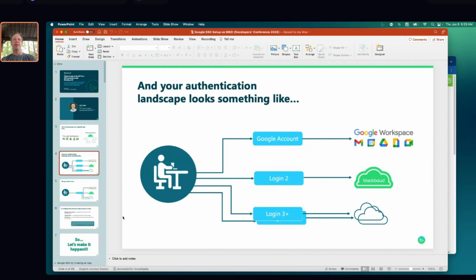Without having an SSO connection to us today, your authentication landscape looks something like this, where you're going through the Google account IDP for the Google Workspace, but then you're using potentially a second login for Blackbaud or your other applications. You might be using sign in with Google there, which is separate from